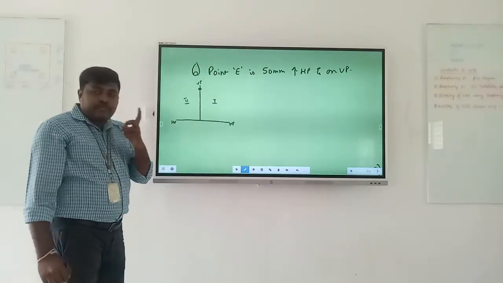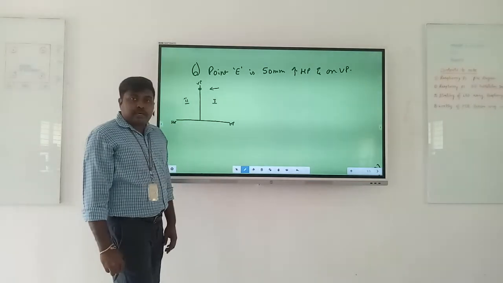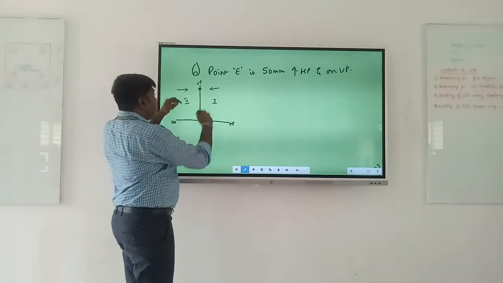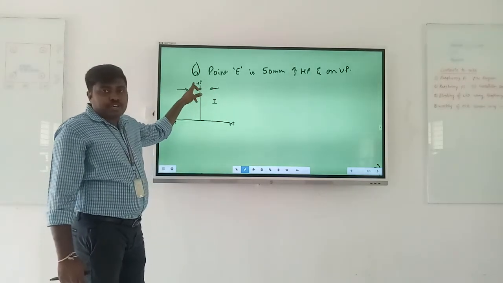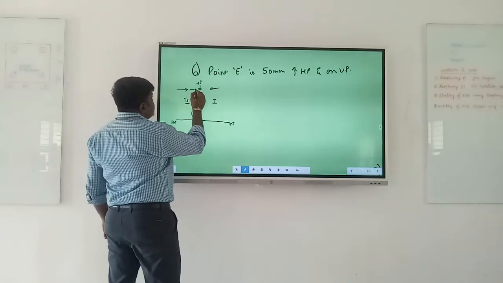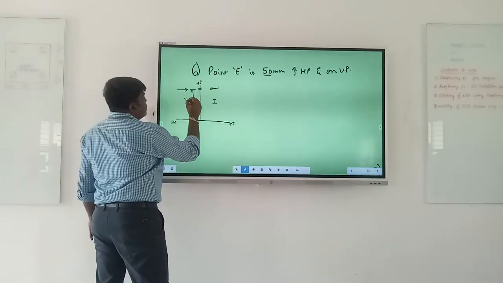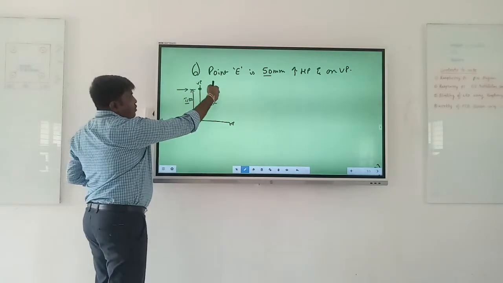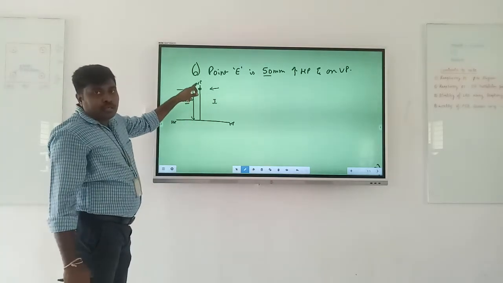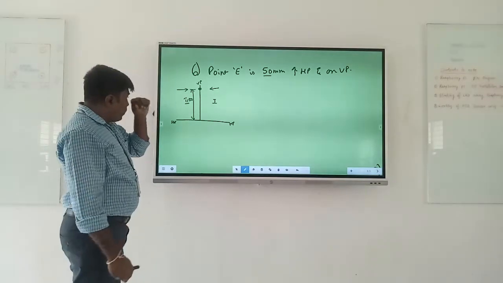Now first let us torch a light from front. For first quadrant, front view is like this, correct? For second quadrant, front view is like this. So however you torch, your image will fall on the same junction. It will not be any change, right? So what is the height of this? Height of this is 50. So either you torch from first quadrant or second quadrant, however you torch, the point will be on the vertical plane itself and the distance is 50. Right? Now front view is done.